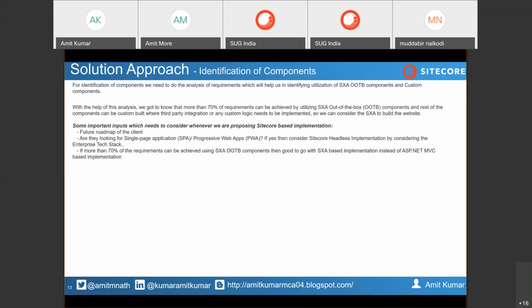And one more thing you need to take care of here. Suppose you have multi-site sites to implement. You need to go through each and every website and identify the common components from the Sitecore XXA you will have. You need to create an inventory list in that format.